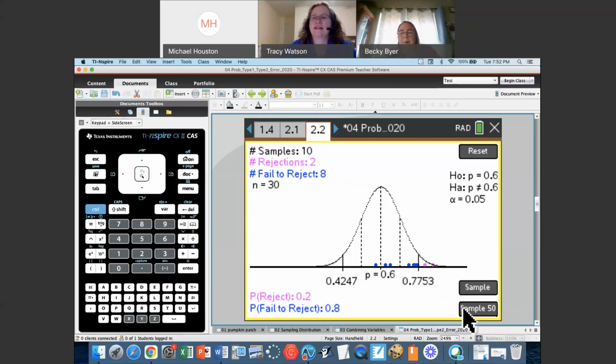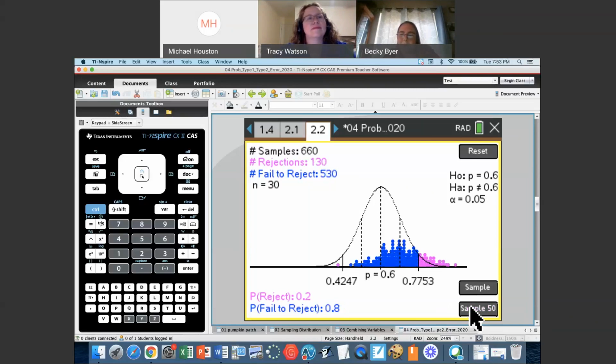Notice the 50 did pop up here. Yay. Does look higher, but it was only 10 samples. I'm getting more evidence now. 260 samples. And so as they start to take more and more samples, they're going to start to develop that sampling distribution.